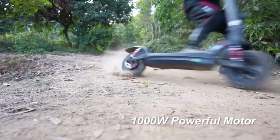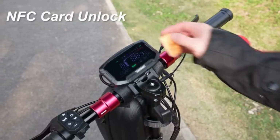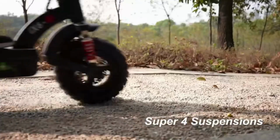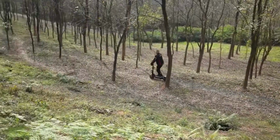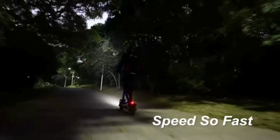The iScooter X5 Plus Foldable Adult Electric Scooter is a premium high-performance e-scooter designed for riders who demand both power and practicality. Built with precision engineering and advanced technology, the X5 Plus combines a robust 1000W motor, a long-lasting 48-volt 17.5 Ah lithium battery, and a strong yet portable folding frame, making it an ideal choice for urban commuting, long-distance